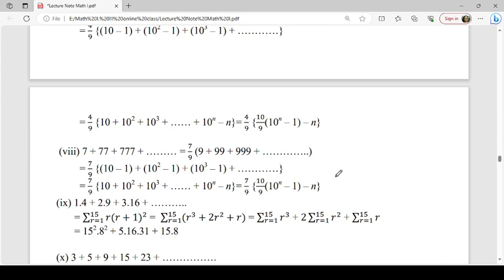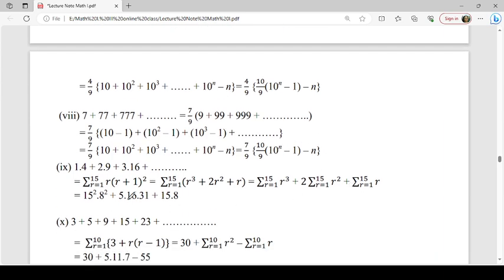Same for this one. Then this one is not decimal, it is 1 into 4, 1 into 4 plus 2 into 9 plus 3 into 16, so we see the pattern, in place of R it is the rth term, the second term is 2, then it is